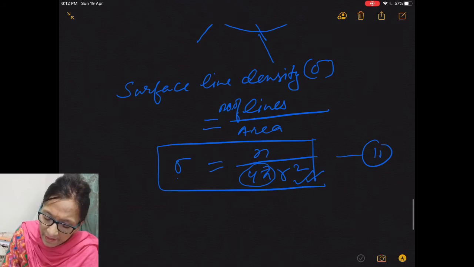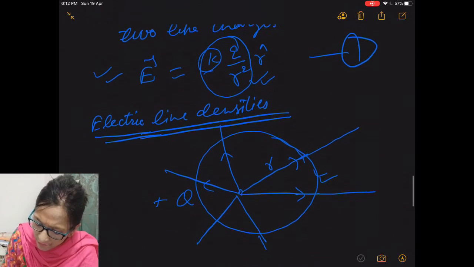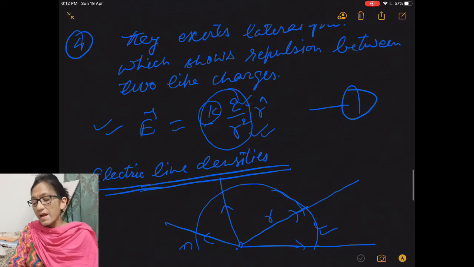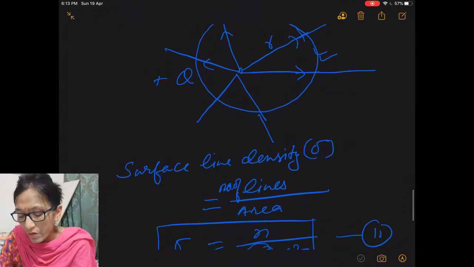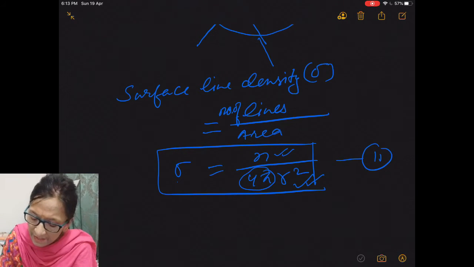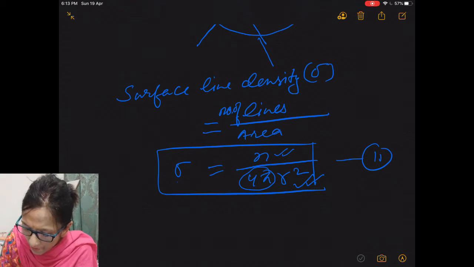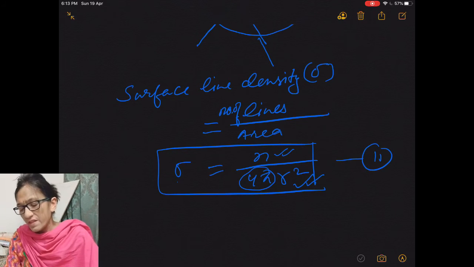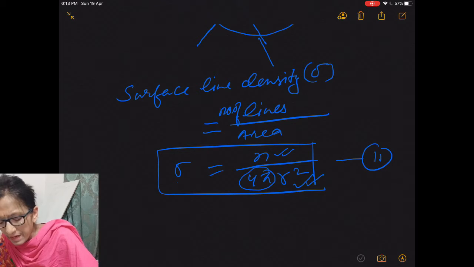And the other thing is a constant. Here also we have constant 4 pi. And then one more quantity is there, charge, in case of electric field, and this surface line density has a quantity, number of lines. So we see there is a great similarity between